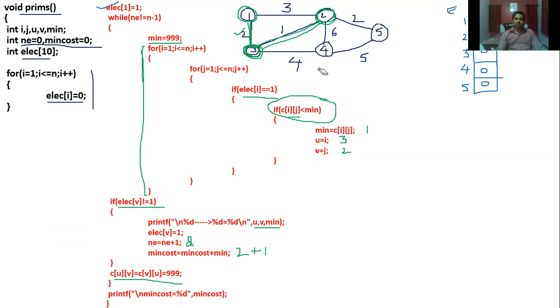Okay. Now, again you should repeat the process. Any, it's 2 edges I got. It's not equal to n minus 1, that is 4. Now, elected vertices are 1, 2, and 3. So among these 3 vertices, the adjacent unvisited vertices are, one is edge cost 2, another one is 6, and even this one. For 3 it's 4, for 2 it's 5, for 2 it's 6, for the 2 to 4 edge its cost is 6. Among these 3 edges, which is minimum? So I'll get it over here.